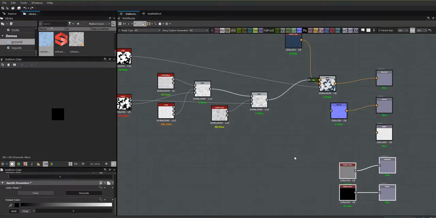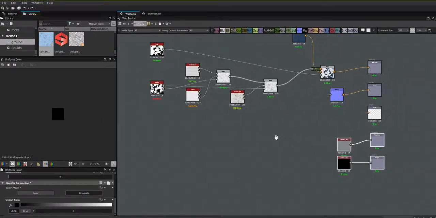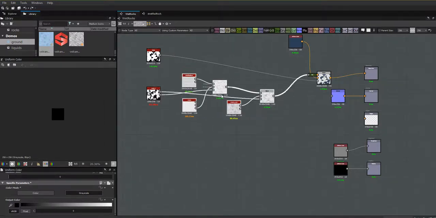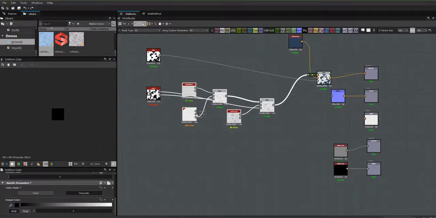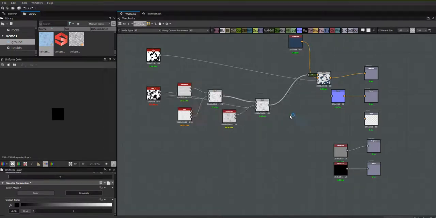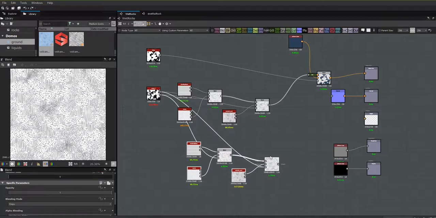And the height map is what we're going to work on now. Okay. So, you know what? These are going to end up being like this for the color. So I'm just going to copy these and paste them for our height map, because we're going to do some extra stuff to them. But